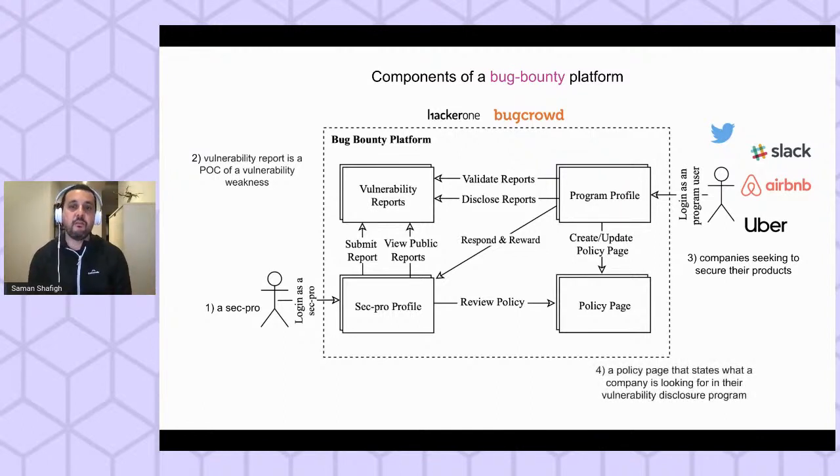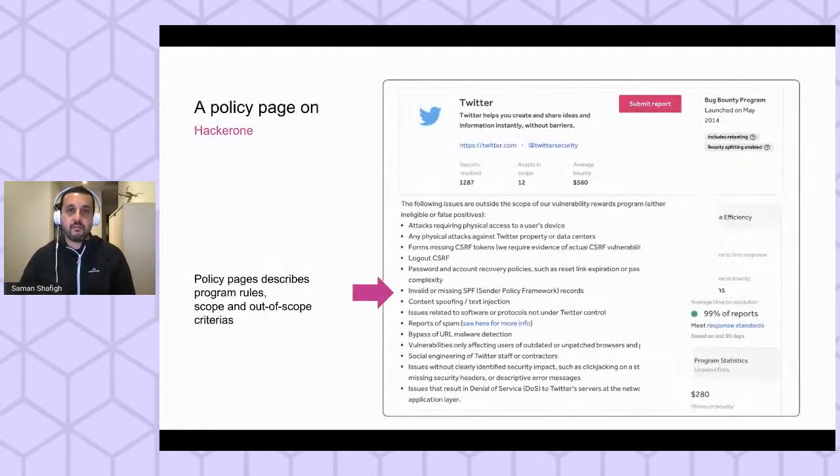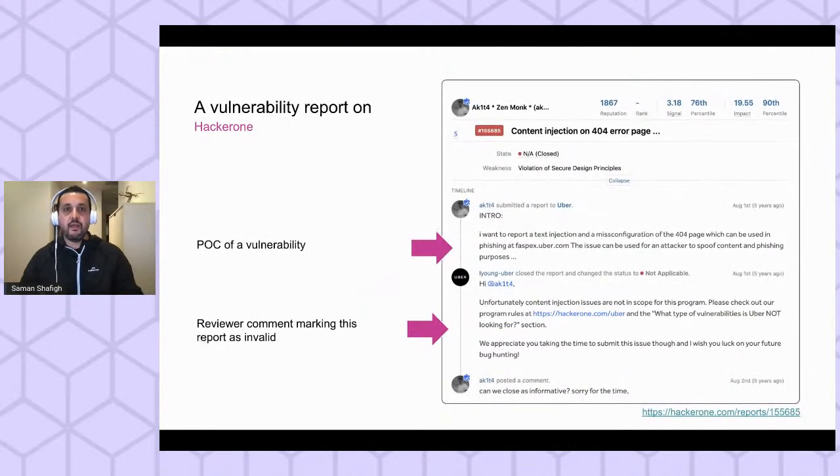And finally is the policy page, which is basically a task description. Programs describe what is in the scope of their program and what they consider a vulnerability. So security professionals can look at these policy pages, and based on that, find vulnerabilities and report them to the programs. This is an example of a policy page from Twitter. They explain what they consider in scope and out of scope for their programs. And this is an example of a report that was submitted by a